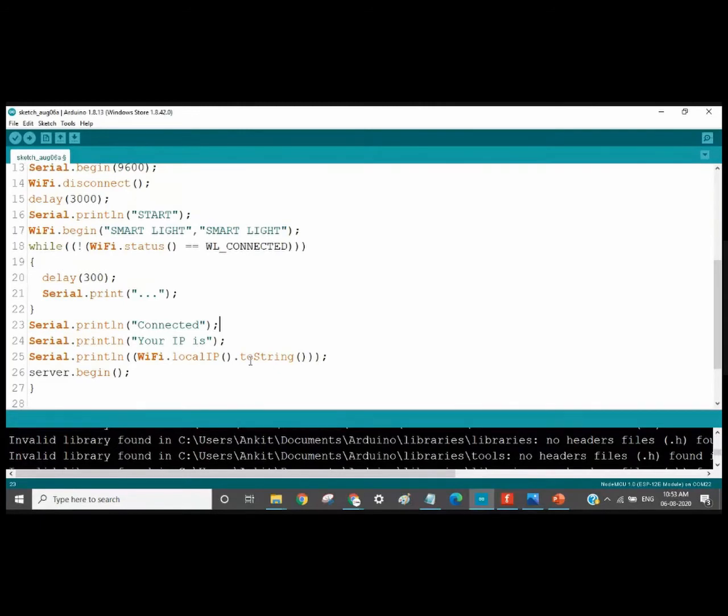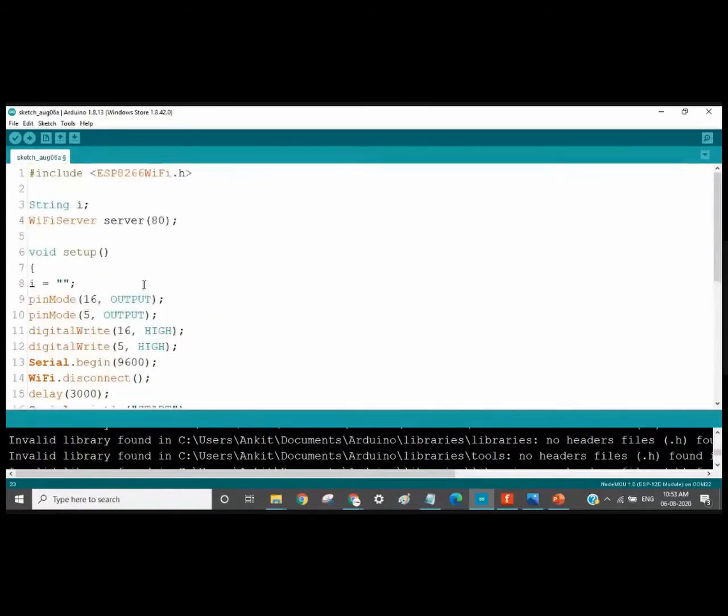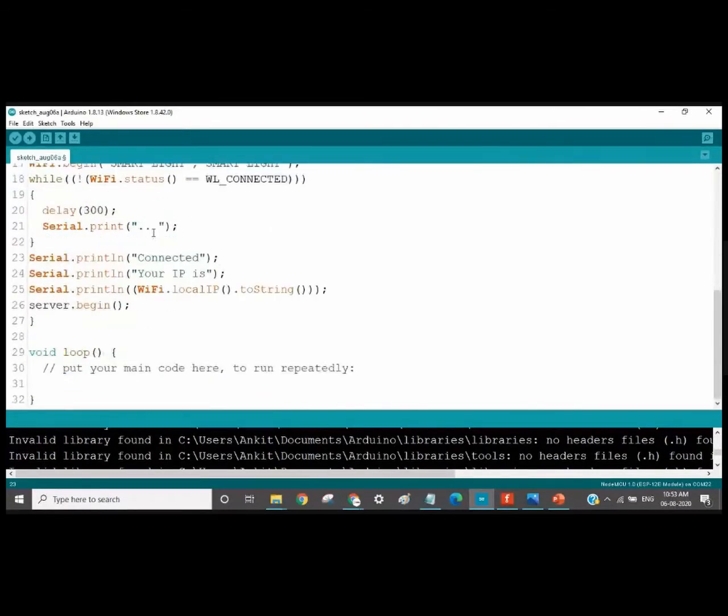See, someone is asking, can you explain what is port value? For communication, you require ports. If you are not specifying a port, then how will the system know what type of communication you are using? So here we are using a serial communication, hence we are defining the port to be 80. Ports are required for communication purposes. They are the endpoints of communication. If the ports are connected, then only the communication can take place. If you are not specifying the port, then communication will not take place within devices.